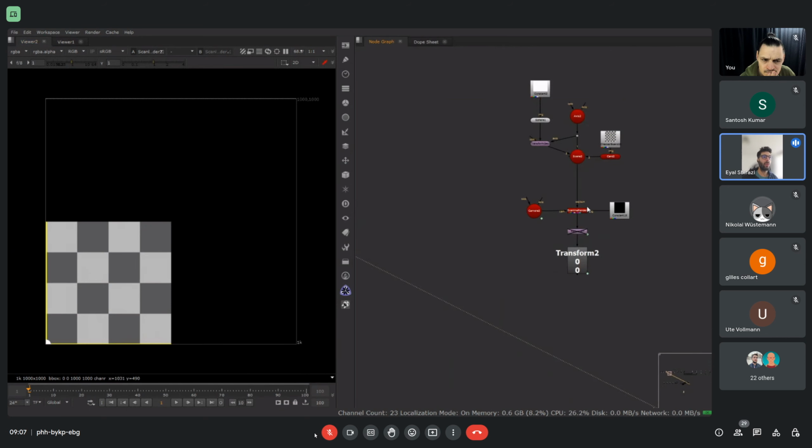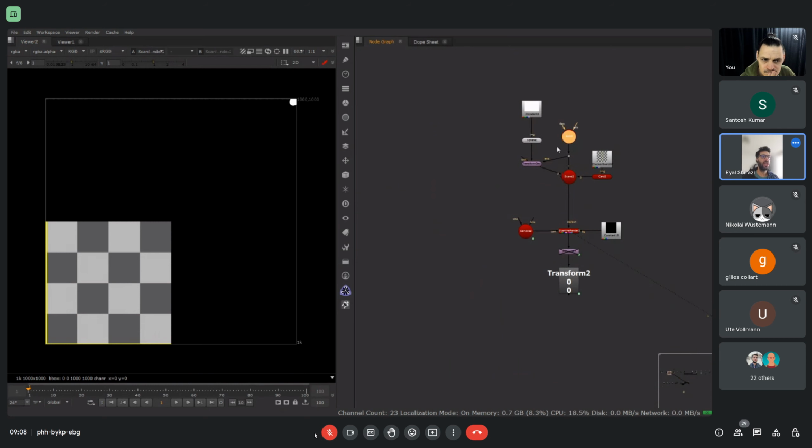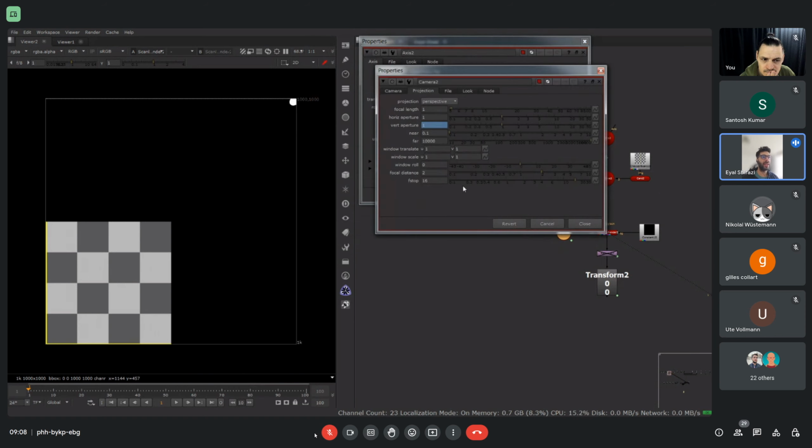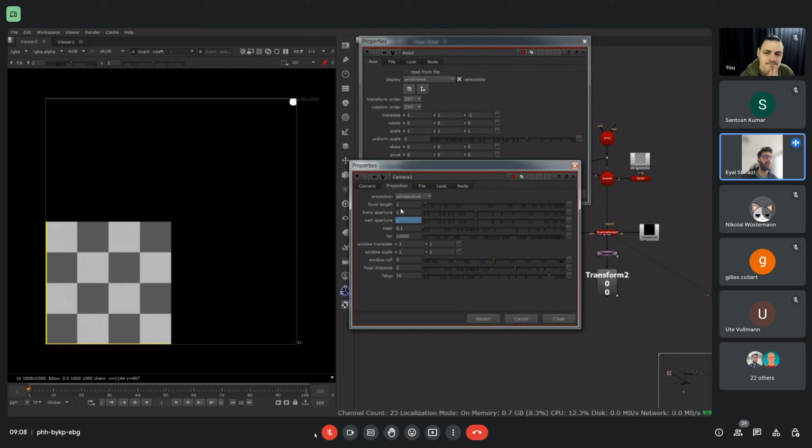And what I want to show you is that when we have 1 unit away and basically a focal length of 1 and aperture of 1,